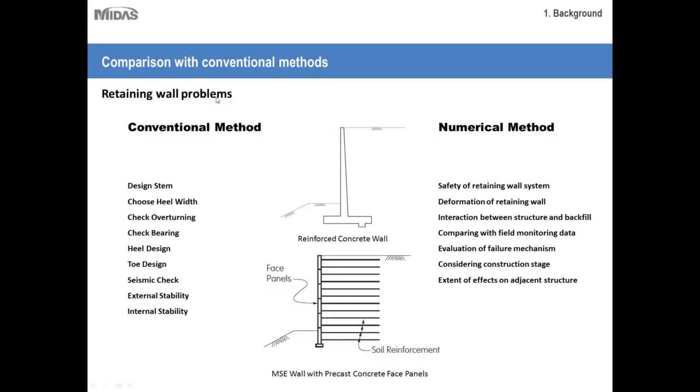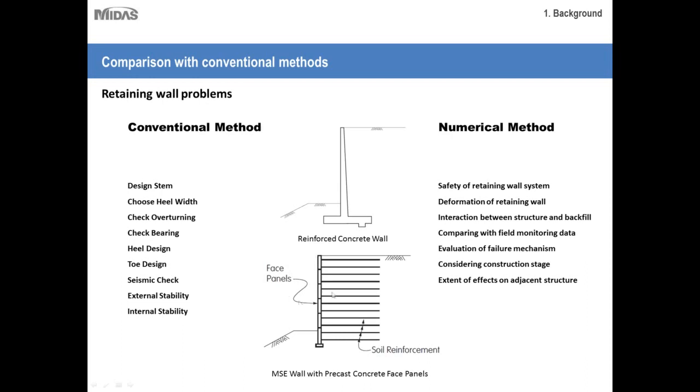Okay, so retaining wall problems. As you can see in this slide, I've divided the conventional method and numerical method into separate columns here. And under the conventional method, I've included all of the design segments that the conventional method is typically used for. So as you can see, heel width, overturning, toe design, external and internal stability, etc. Those are all fairly simple portions of the design of retaining walls that can be analyzed with just very simple equations,